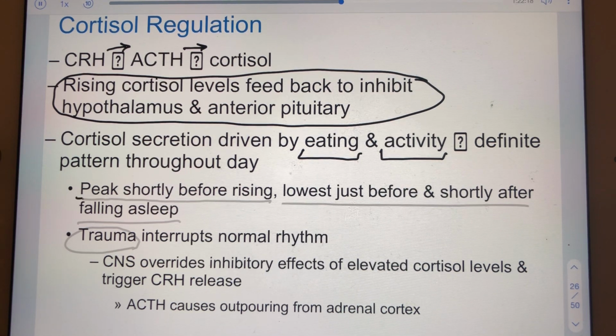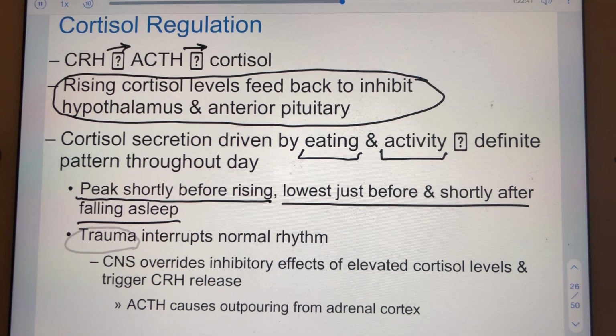We tend to see cortisol at its highest shortly before we wake up and get out of bed, and then at its lowest right about the time when we go to sleep. And all of that, of course, is